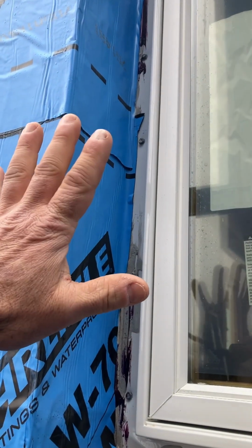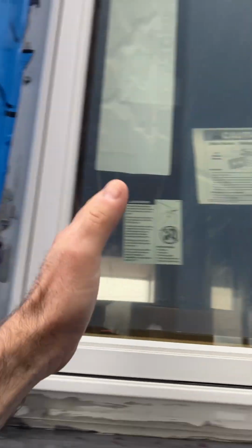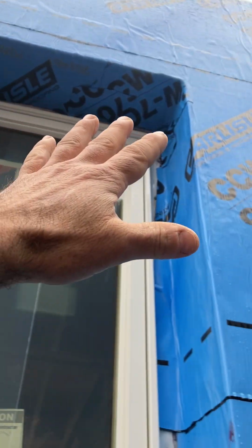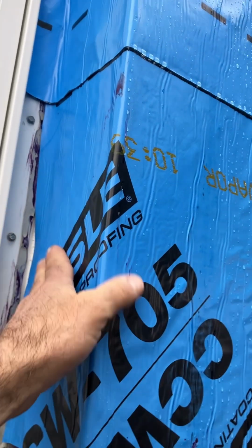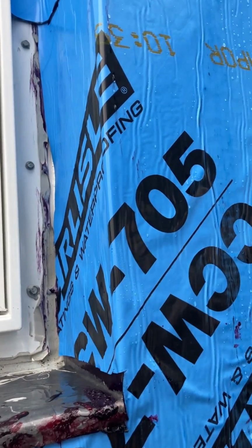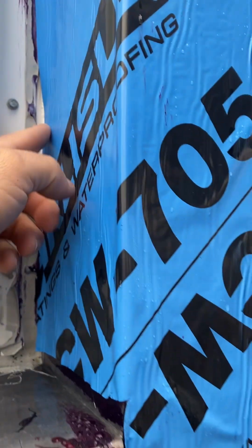The first thing we do is set our framing so we allow for insulation on either side. Actually, all the way around. The detail gets, so this ain't bridging the cold. So what happens is we frame it, liquid membrane first,